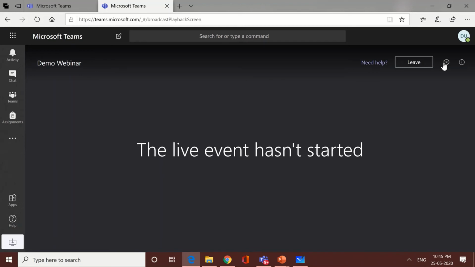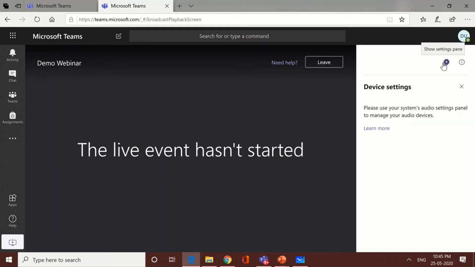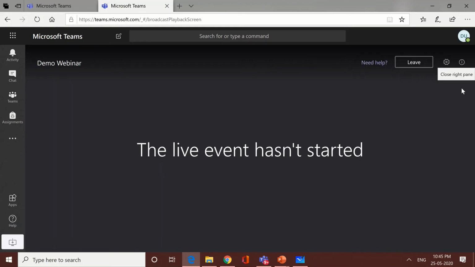If you see, here we have only the option of device setting. This is the user view you are just watching. This view will be available to the user as we have a restricted plan of live event. We don't have all the options available, but with the available options also we can do something which can meet our requirement.